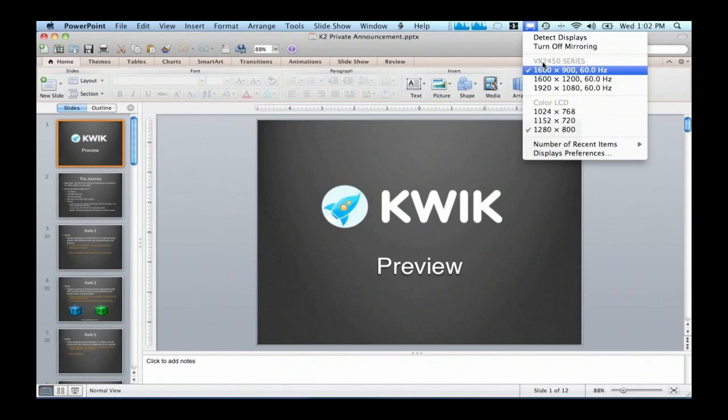This is the new interface when you come to Kwik for the first time. Most of the elements that you are used to or familiar with are still there. You have the three buttons. I redid pretty much all the interface from scratch, as well as pretty much all the code. So it's a new product. And why I'm telling this is because what I'm showing you here is still a beta, but this is pretty much the final interface. I tried to simplify all the icons and the user experience.